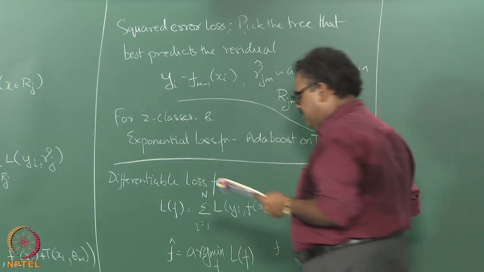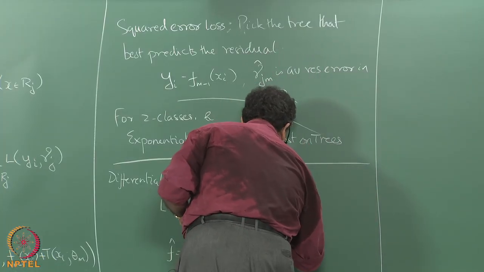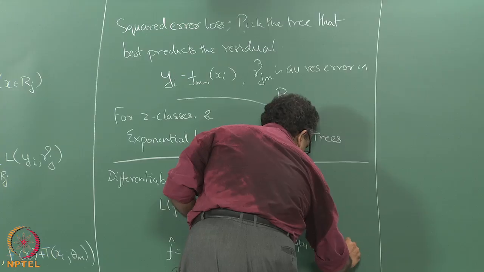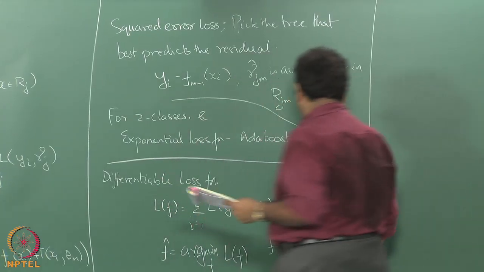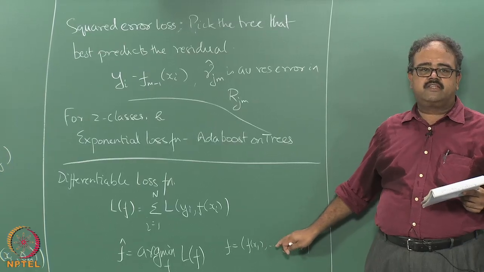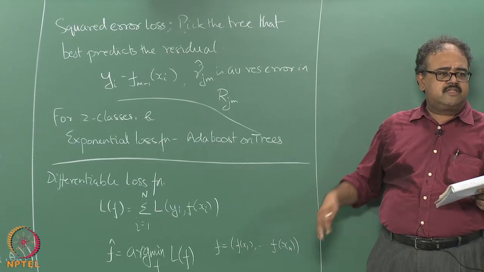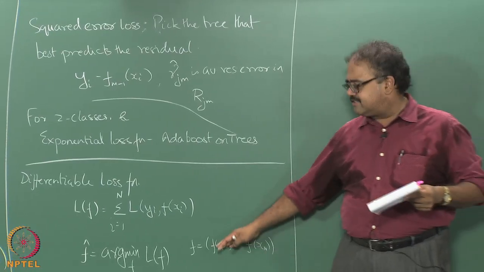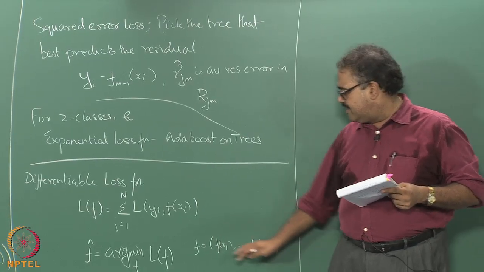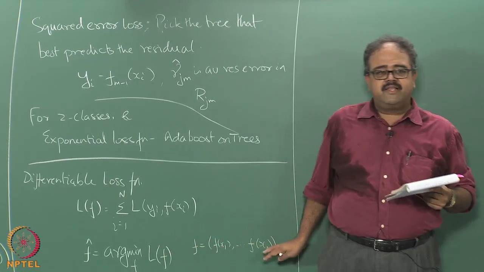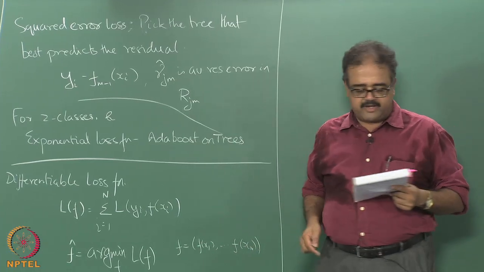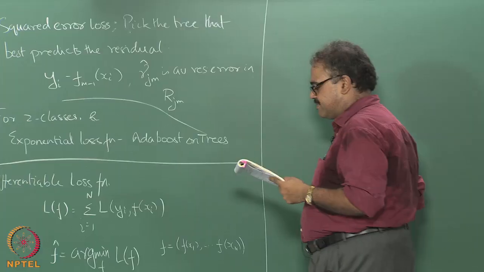So, what does that mean? f really means, what is the value of f at x1, what is the value of f at x2, x3, x4, all the way up to xn. When I impose constraints on f, I will be restricting the kind of vectors I will see, but in general when I am talking about f in this context, I just mean an n dimensional vector, right. You can think of it as a point in n dimensional space,